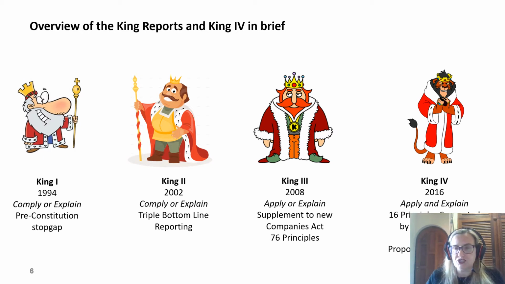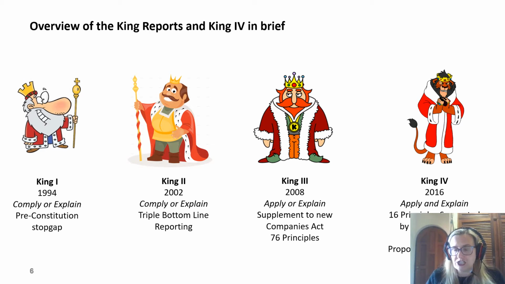Come 2002, our constitution was in place, and all the legislation that was required in order to support it was well underway. So we had the environmental acts in place, we had the employment equity acts in place by then, and we were starting to see the first drafts of the BEE legislation. So in some way, the purpose for King 1 had fallen away and been replaced by the legislation. However, there were still a lot of things that required